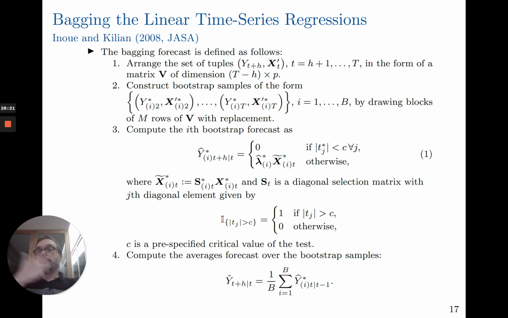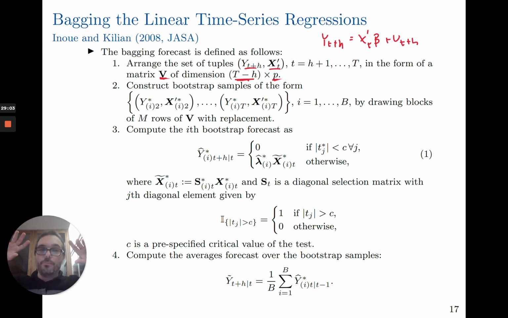All right, so how can we run this bagging in a time series framework? Okay, let's assume that we have a model like that. We want to forecast y h steps ahead. We have a vector of variables x_t plus an error term. Okay, how should we do it? We should organize the data like y_{t+h}, x_t, in a matrix V of dimension (T minus h) by p, okay, and